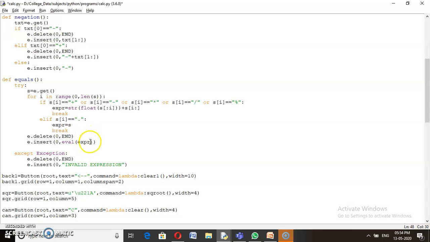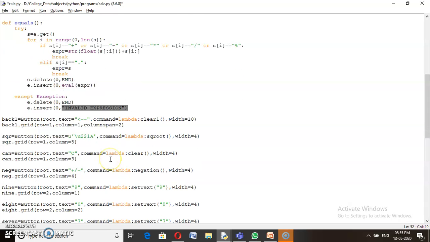This is directly evaluated by this. The 4 and 5 are converted into values, and the symbol is added to that. The meaning of this is that we are just converting the numbers into float values, and the symbol is attached as it is. Then the expression is evaluated using this, and the result is assigned to the text box. If any exception is raised, it shows an invalid expression message in the text box.